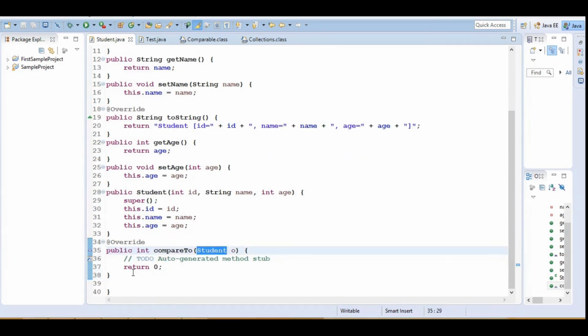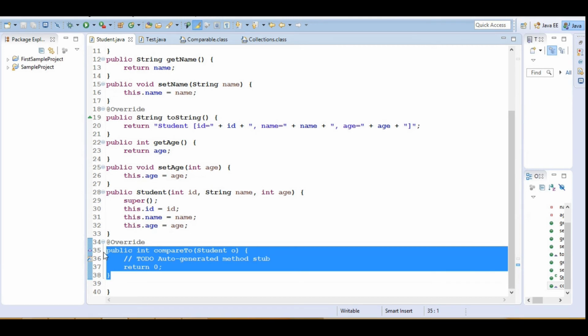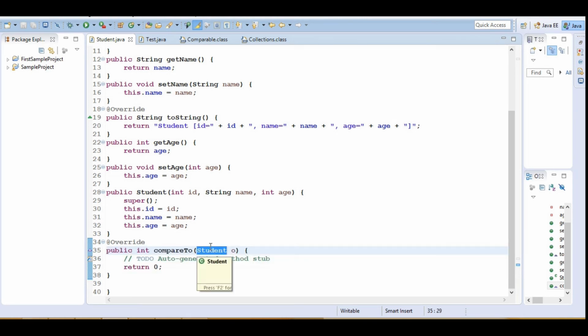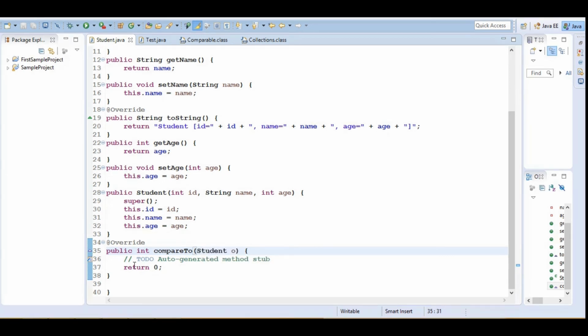In the compareTo method, we can write custom logic for comparison of objects. It is used for comparing two objects of the same class. But here, in this compareTo method, we are passing only one Student object. From where are we getting the other Student object for comparison? Actually, this compareTo method is being called by some Student object, which is this. So here we have two objects: this, the current object, as well as the passed object o. In compareTo, we are providing the comparison logic for Student objects on the basis of their IDs.